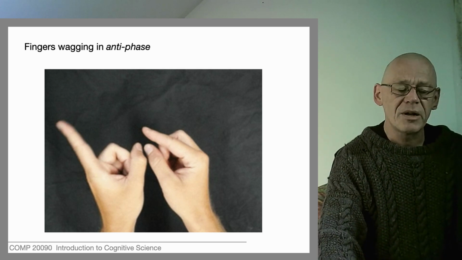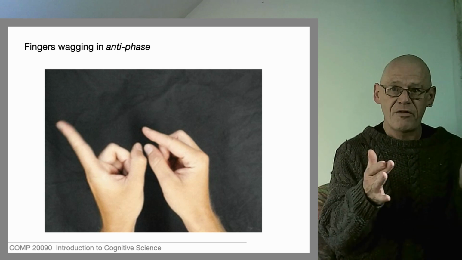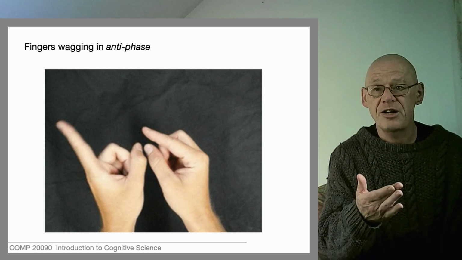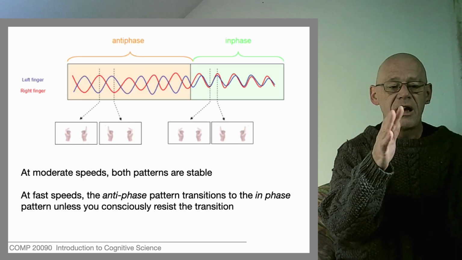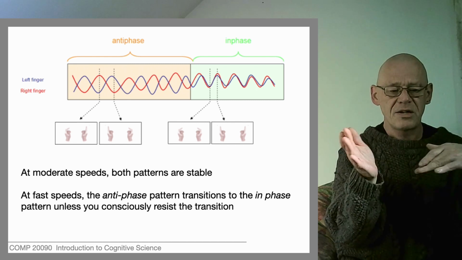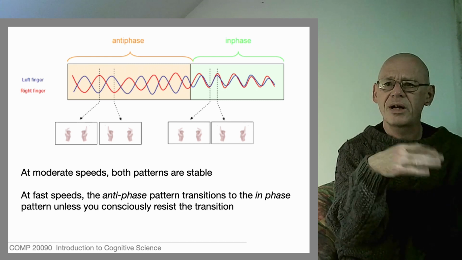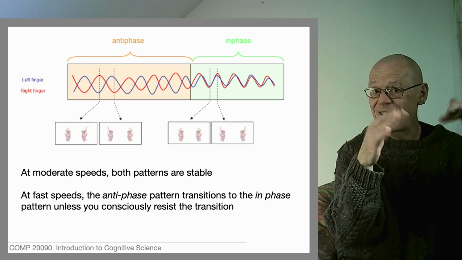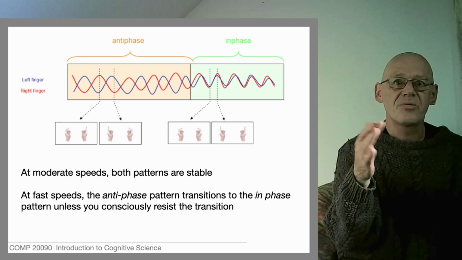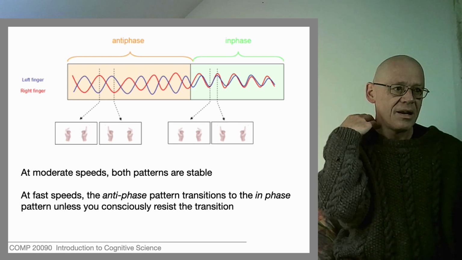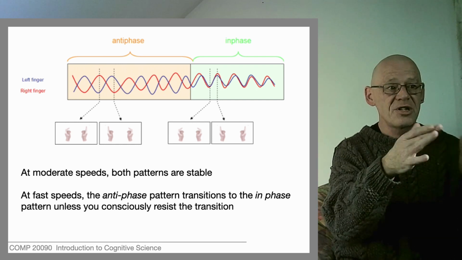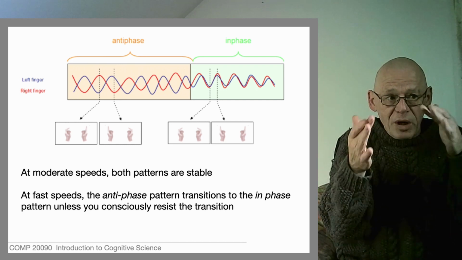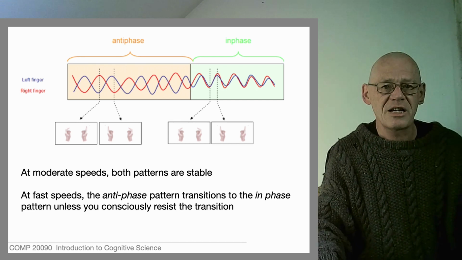That's a model system, and it allows us to study variation, to what degree people are free to vary these patterns. It also has some interesting properties. If you start off in antiphase and you speed up, if you don't do anything to stop it, at some stage your hands start to flap. They just fall into an in-phase pattern. So there's a time record from an experiment where you can see the antiphase relation at low speeds, and then they switch to an in-phase relation at high speed.